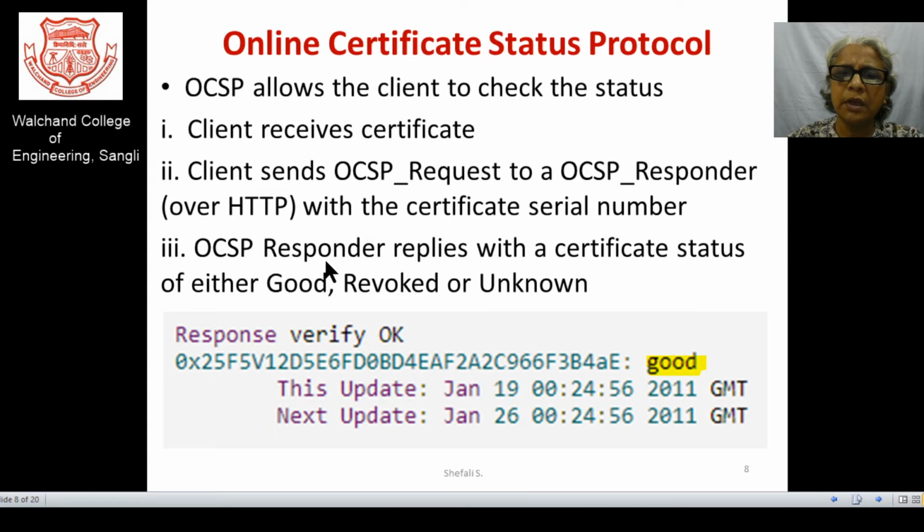The OCSP responder replies with a certificate status of either good, revoked, or unknown. For example, if this is the certificate serial number and the response received is that it's a good one, there is no problem to work with it. In such a way, you may observe such status with different serial numbers.